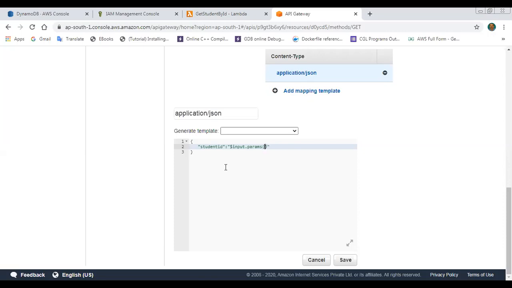Use the bracket, and in the bracket pass the student ID parameter.